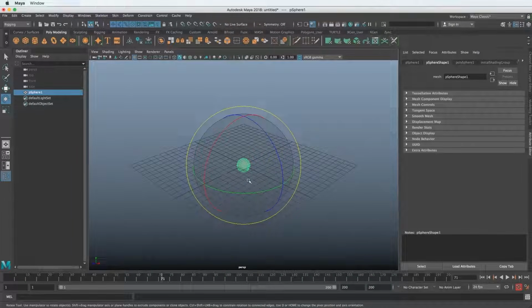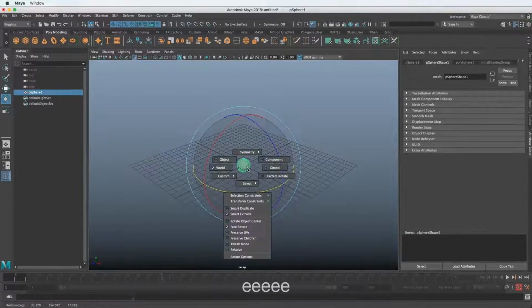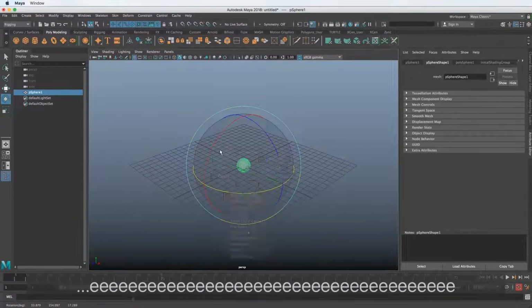So what this is saying is we're now rotating based on the world axes, which never change, right? So even when we move an object around, you can see the manipulator itself is not changing. So we can always have the option, even if an object is rotated weird, to isolate based on the world axes. We just need to change that by holding down E and clicking and choosing this option.